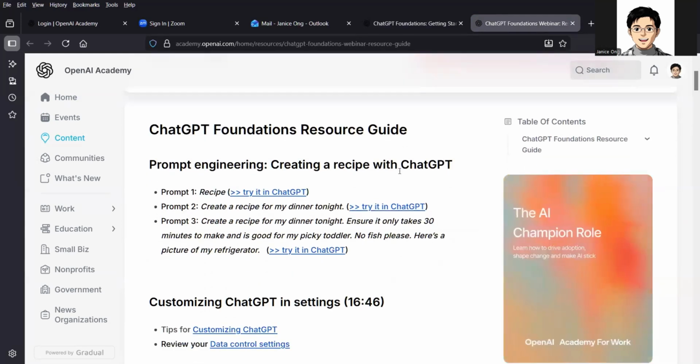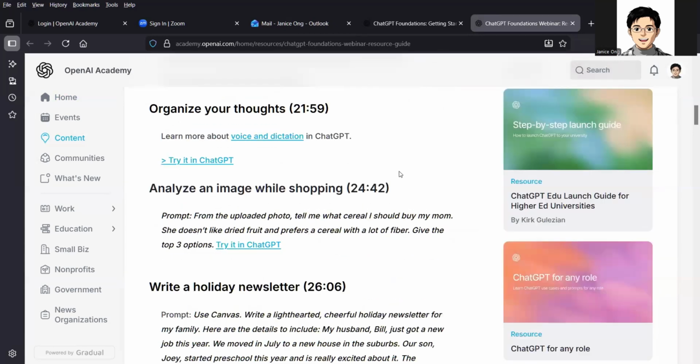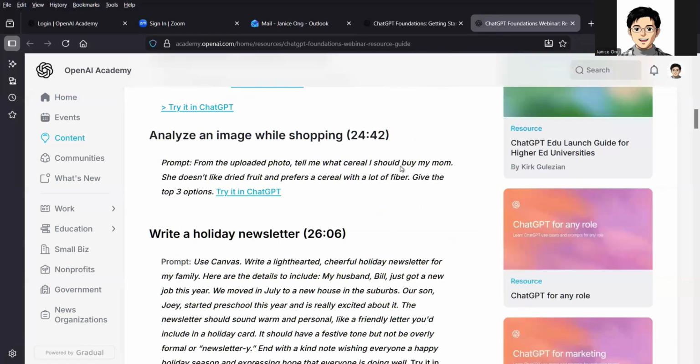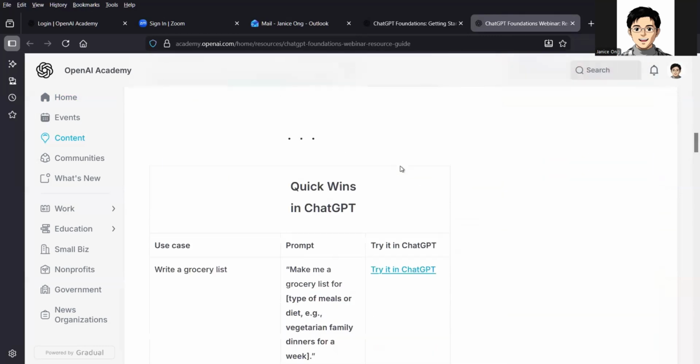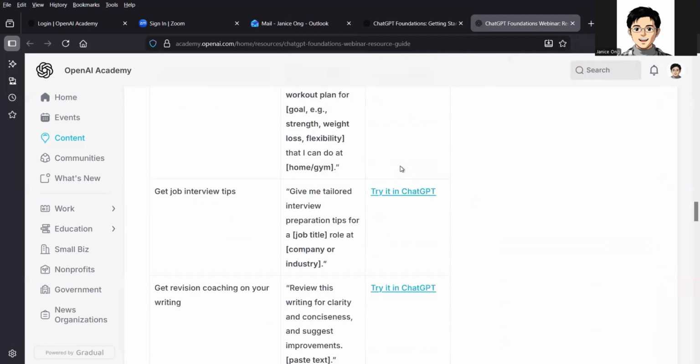Okay, creating a recipe prompt, planning a trip, organizing your thoughts, preparing for an interview. Some of this is how to do grocery, job interviews.